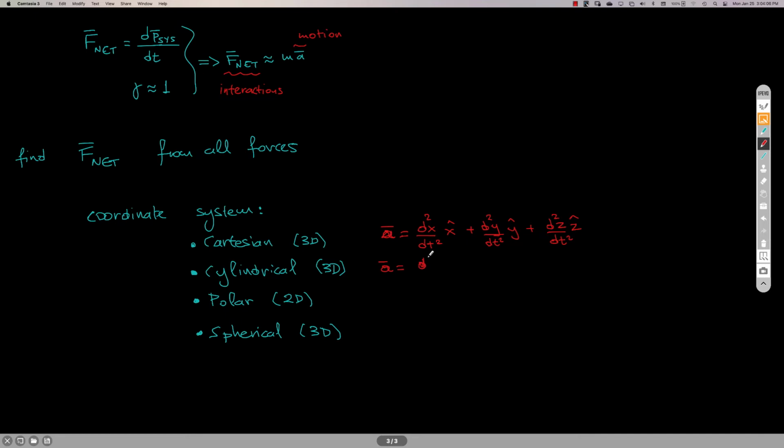It will be the second derivative of, say, s with respect to time minus s times d phi dt squared, and all of this is the s hat component, plus